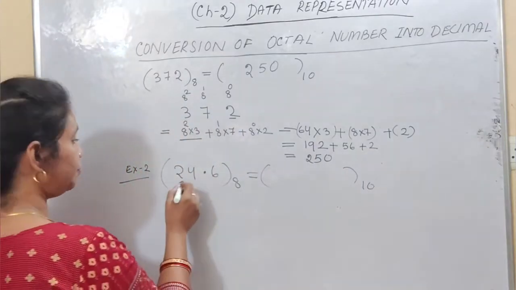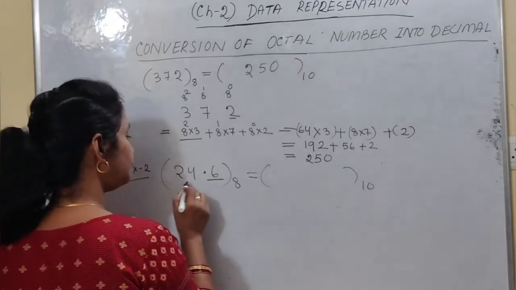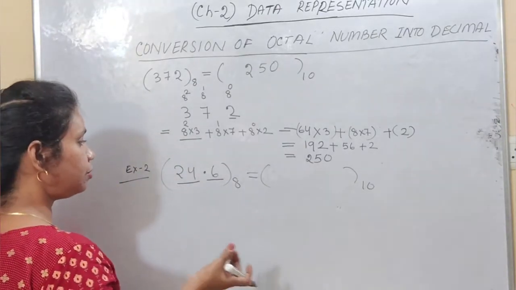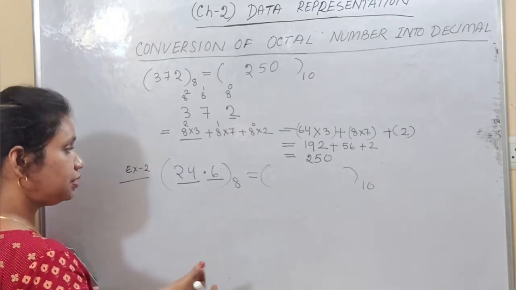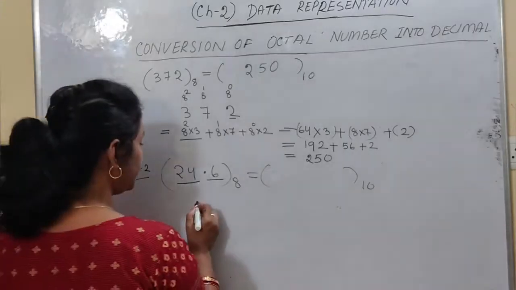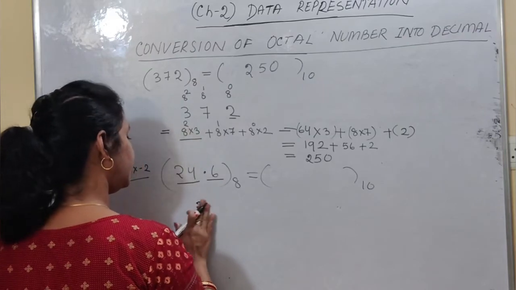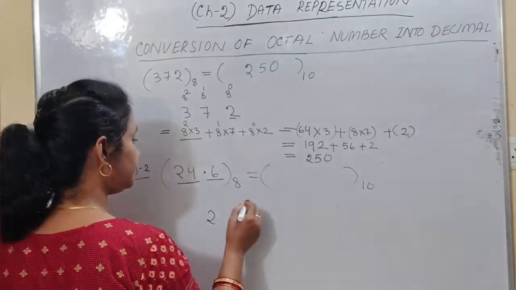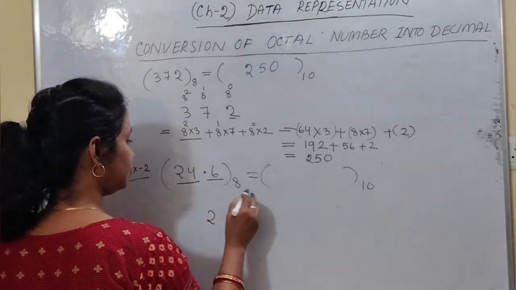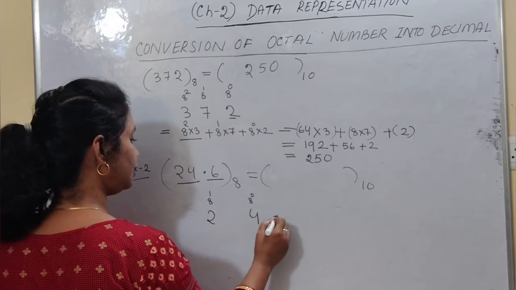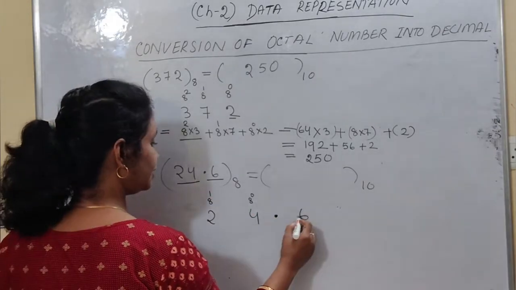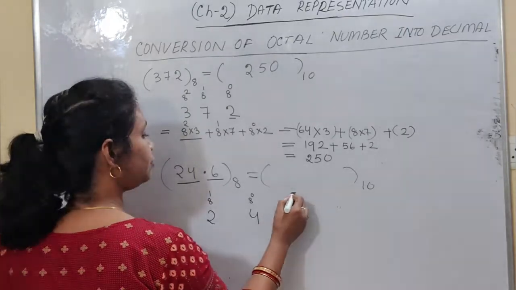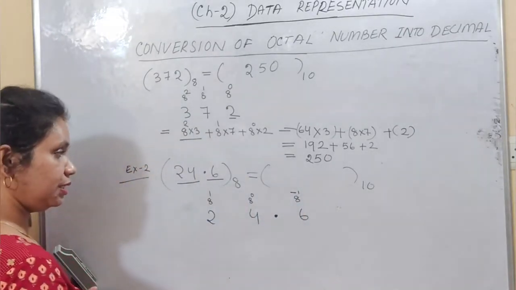Is that clear? Now same process. Here, this is your fractional part and this is your non-fractional part. That means this is the whole number. So already you know how to convert a whole number, if that one is in octal form, into its equivalent decimal. So here we have to just write this octal number and multiply these digits of the octal number by its positional value, that is 8 to the power 0 and this one is 8 to the power 1, and after that the point is there and 6 is there. So here you need to write the positional value, because after the point the positional value is minus 1, 8 to the power minus 1. Is that clear?